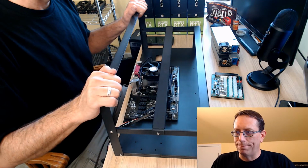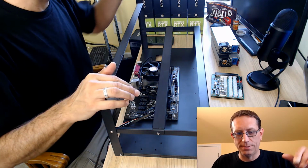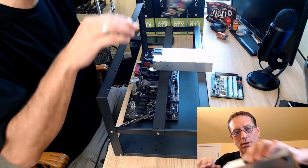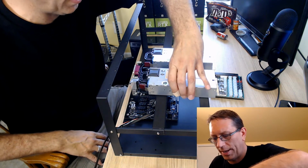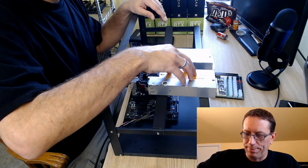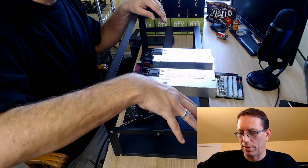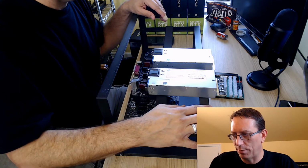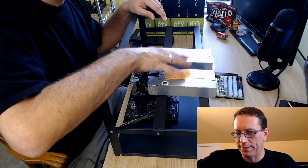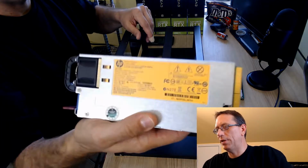Now, let's talk about power. What I'm going to use in this build is the one that I always like to use. I am starting to look towards getting the 1200 watt power supplies and coupling that together, where I could put a couple of GPUs on the motherboard supply, and then the 1200 can run the majority of the rest of the GPUs. So I'm figuring that out. I'm trying to talk to Parallel Miner to get more information on that idea. Right now I'm using 2 750 watt